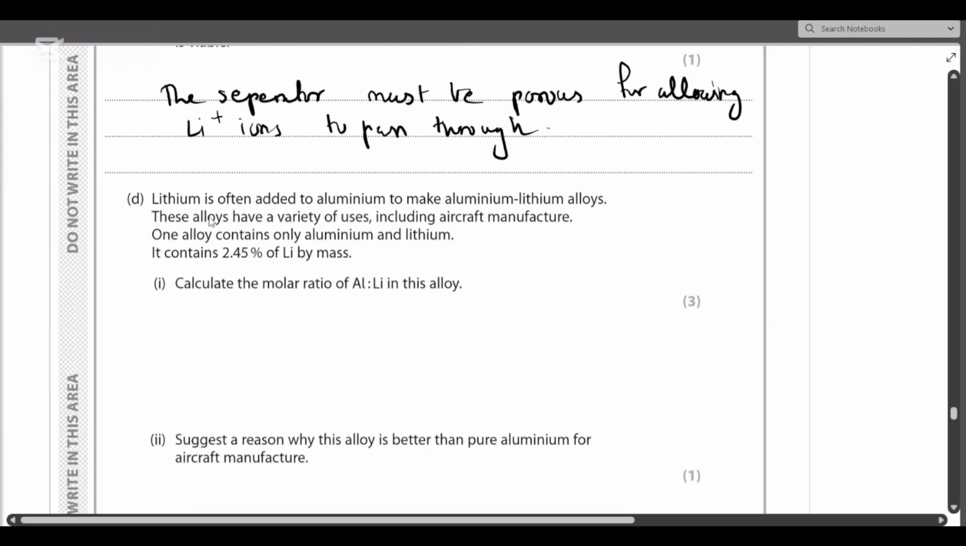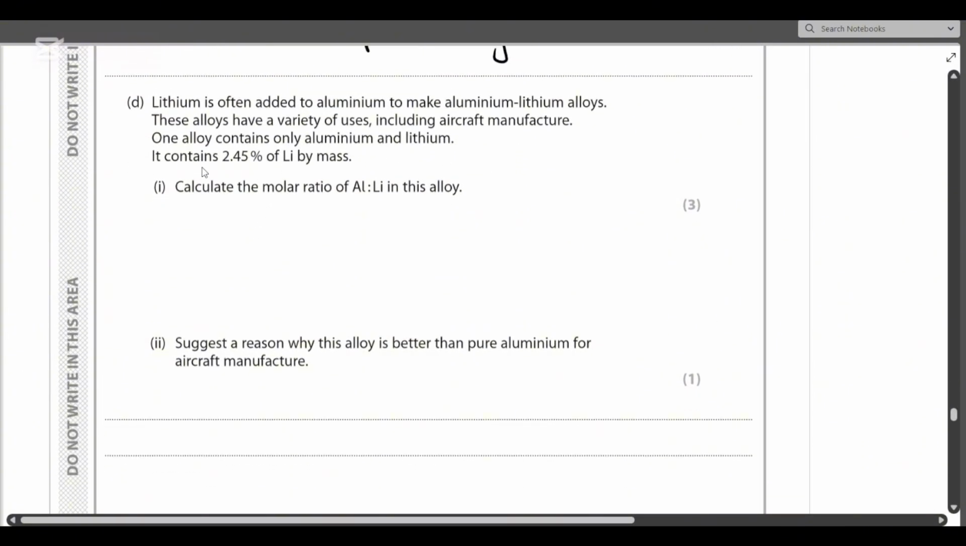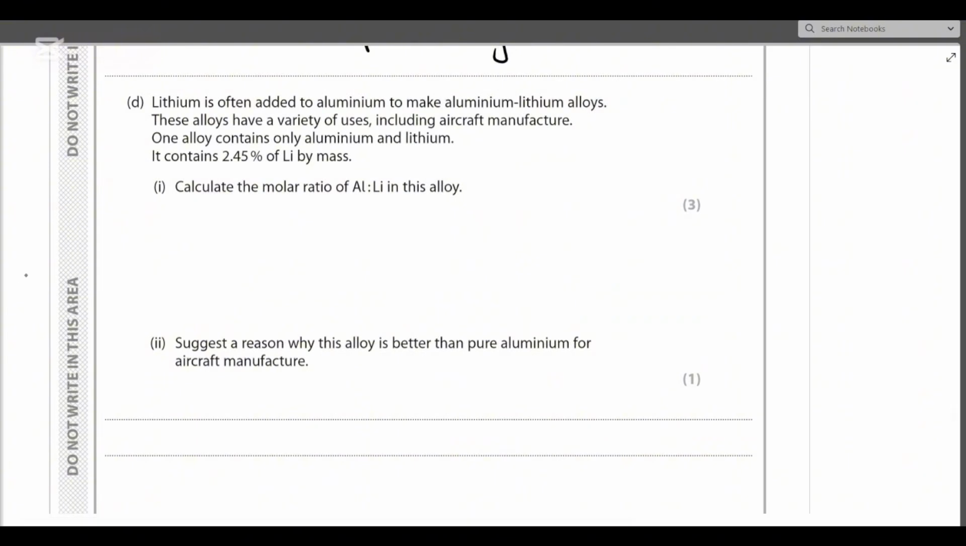Next up, lithium is often added to aluminum to make aluminum-lithium alloys. Now, of course, these alloys have a variety of uses, including aircraft manufacture, and one alloy contains only aluminum and lithium. It contains 2.45% of lithium by mass. Calculate the molar ratio of aluminum to lithium. Now, of course, we can easily calculate the moles of lithium since the percentage is provided by mass. So lithium moles is 2.45 divided by the molar mass 6.9,